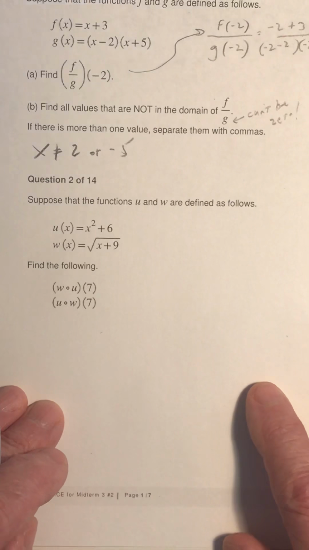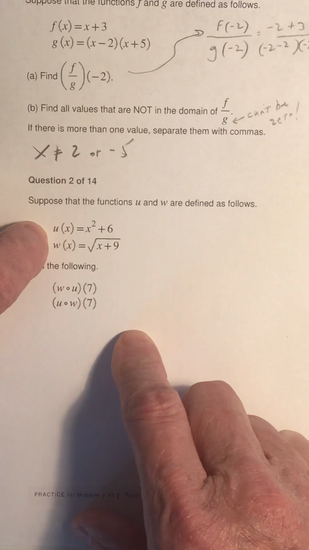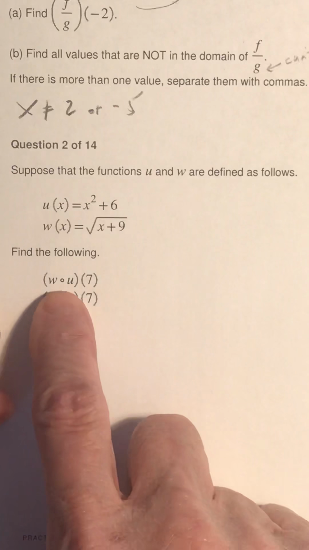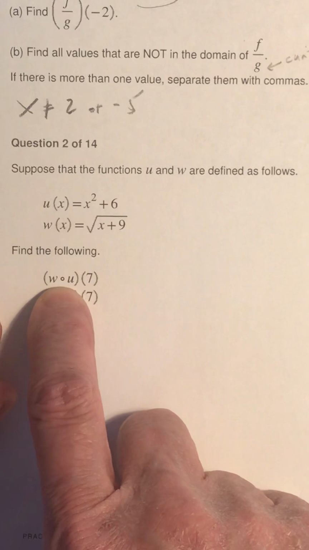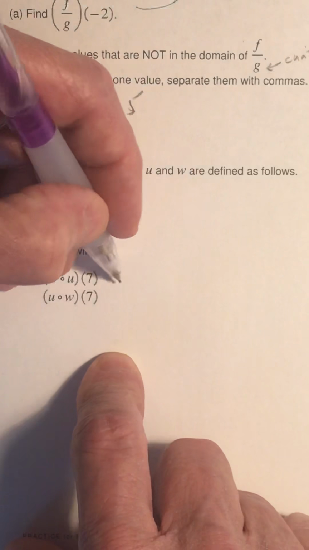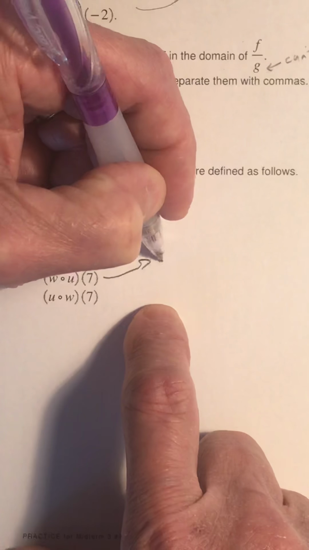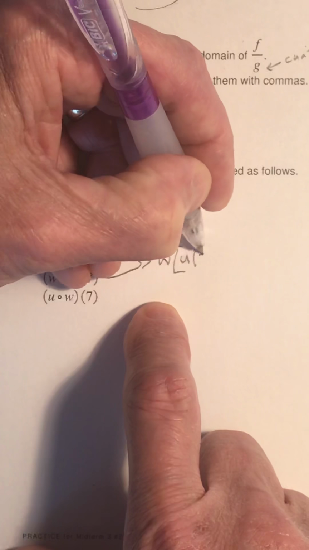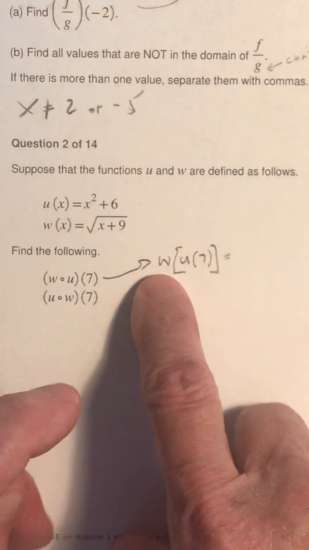Question 2 on this first page. Here's our descriptors of the functions u and w for this exercise. And when you see that little circle, notice it's not a dot. Dot means times. Circle means a composition, w of u of 7. So that's an arrow. W of u of 7 can be written like this as a good first step to remind us of what it means. We want to get a number